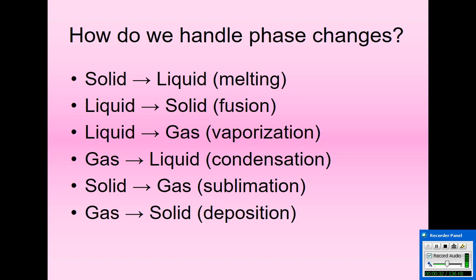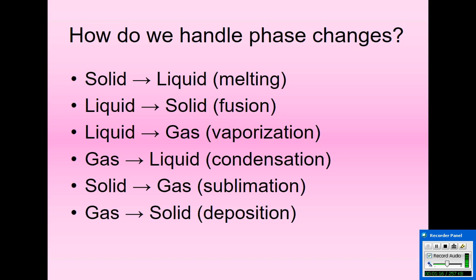And on the screen, we see the names of the different phase changes that we would normally encounter. We're sticking to the standard phases of matter. We're not doing anything exotic like plasmas or superfluids. We're just sticking to solids and liquids and gases. And if you have a solid going to a liquid, that is melting. If you have a liquid going to a solid, that is freezing or fusion. A liquid going to gas is boiling or vaporization, whereas a gas changing phase to a liquid is known as